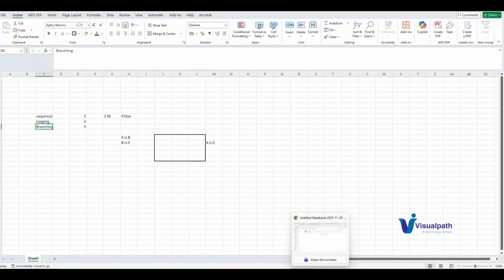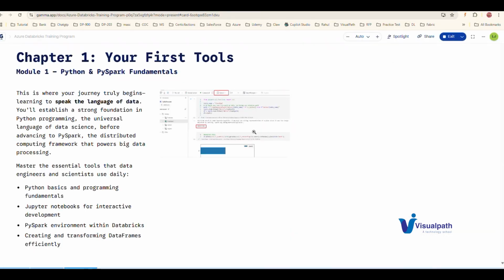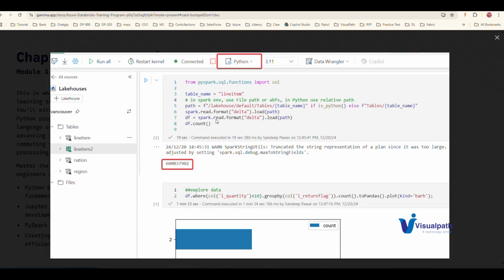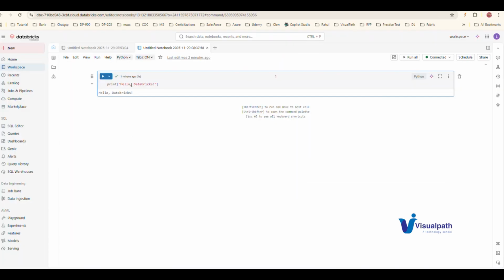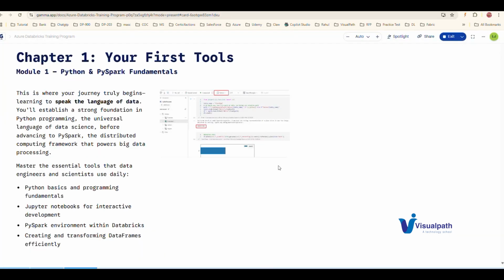So we will cover that particular thing in our Python programming, and I'm just showing some sample code of how we are using it in Spark. This is some code which I prepared for the demo. You can run this code in the editor which I have shown here. It will write automatically and give the output. So that is what the first chapter is. We will learn about Python and Spark. Spark is one of the APIs used in Python to do the Spark coding.